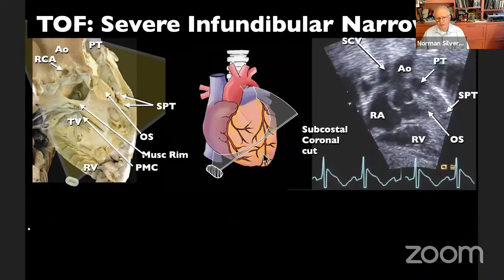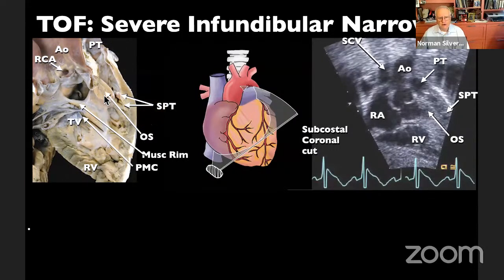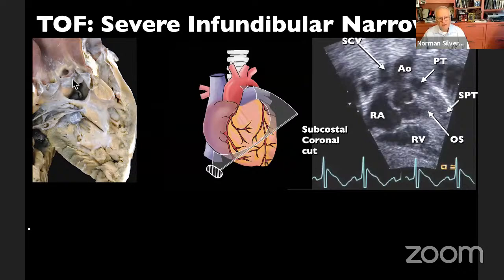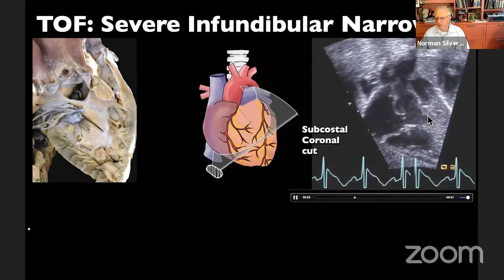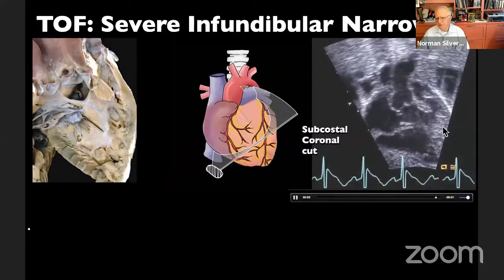Here is another beautiful example of this with the septoparietal trabeculations, the deviated outlet septum, and the so-called third ventricle that used to be described over here with the pulmonary trunk. And here you can see again a posterior muscular rim. This is an older patient. There's atherosclerosis on this right coronary artery over here. I beg your pardon, left coronary artery. And the perfect correlation between this deviated outlet septum with septoparietal trabeculations noted over here.